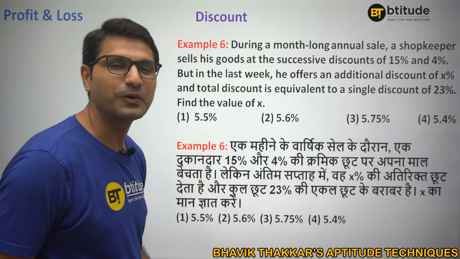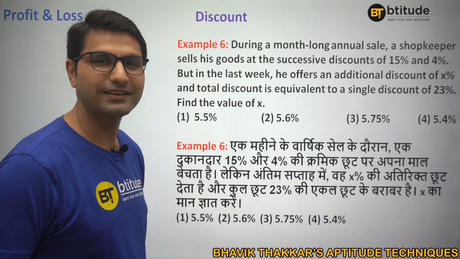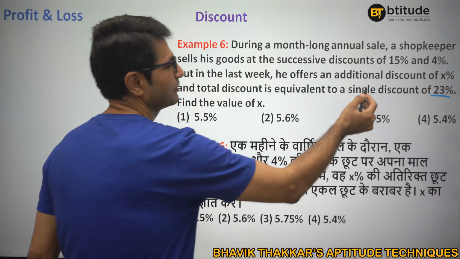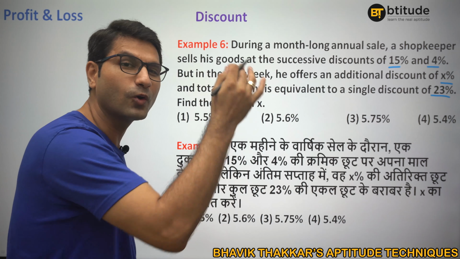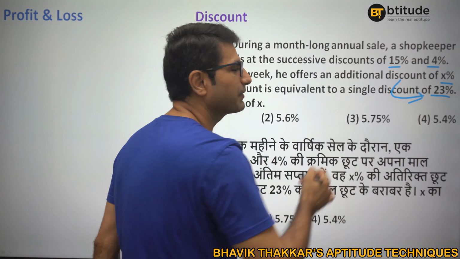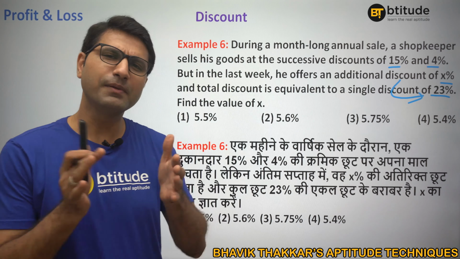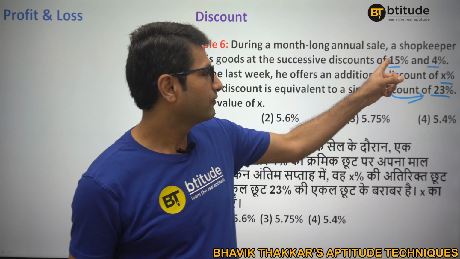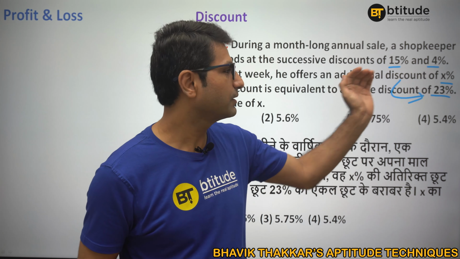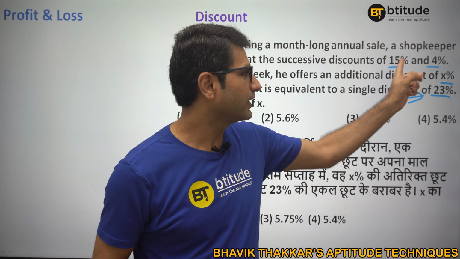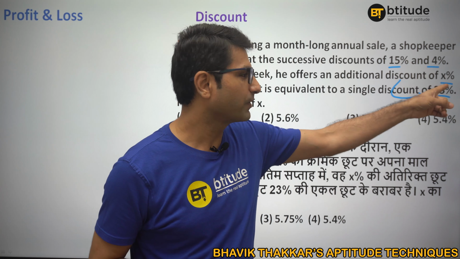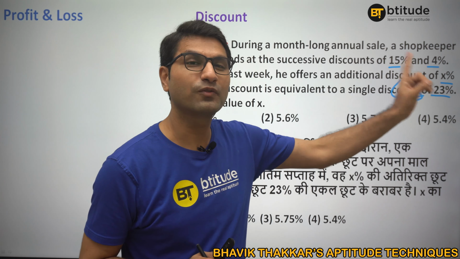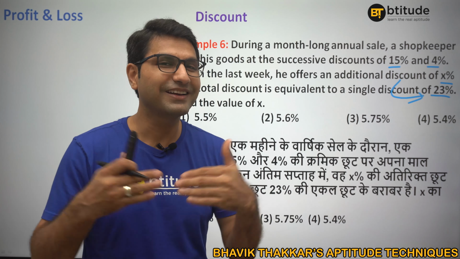Again, you can pause the video and try to do it on your own. Fine? All right. As soon as I look at the question here, this is 23%. That means 15%, 4% and x%. When all of those 3 discounts come together, overall I am getting 23% discount, right? Now imagine, if I use the logical catch method, which was best for the previous couple of questions, it would be minus 15 minus 4 minus x, then 4% of 15 will be 0.60, but 4% of x, or 15% of x, we are not getting nice numbers. And when 3 of them get multiplied, it will be even tougher.